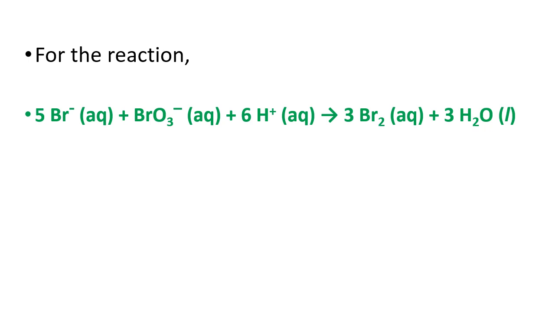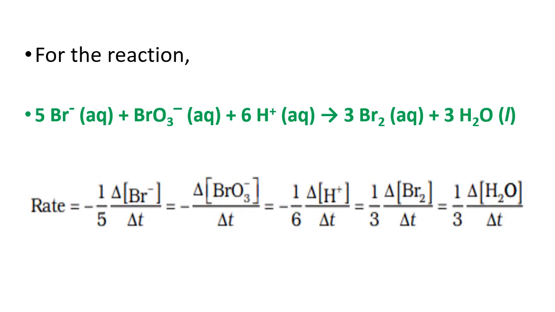For the reaction 5Br⁻ + BrO₃⁻ + 6H⁺ gives 3Br₂ + 3H₂O, the rate is given by the equation: rate = −1/5 × Δ[Br⁻]/Δt, which is equal to −Δ[BrO₃⁻]/Δt, which is equal to −1/6 ×